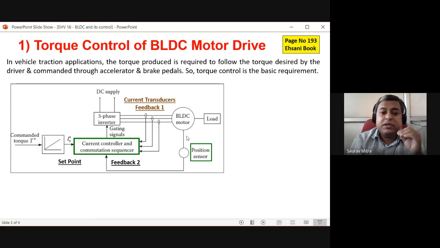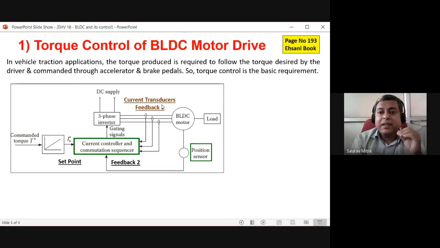Second thing, BLDC motor, there are position sensors. So there are three position sensors. In the previous slide you have seen H1, H2, H3. All those things are coming as the input of the PM, that is the north south pole of the permanent magnet, to the DSP controller. So DSP controller is having 5 inputs, 3 phase current inputs. One is the feedback, so this is feedback 1 I'm talking about.